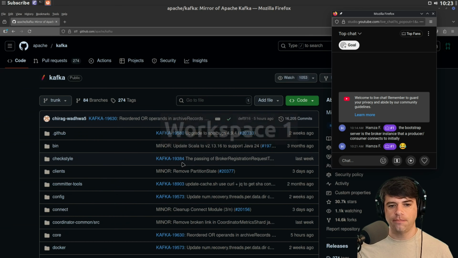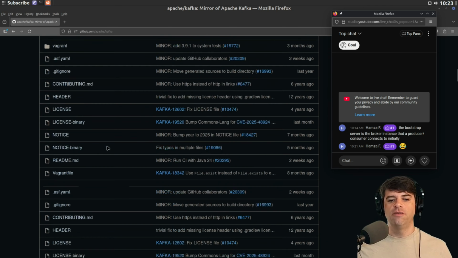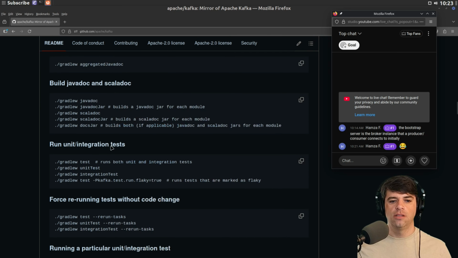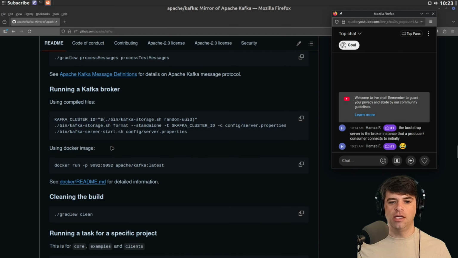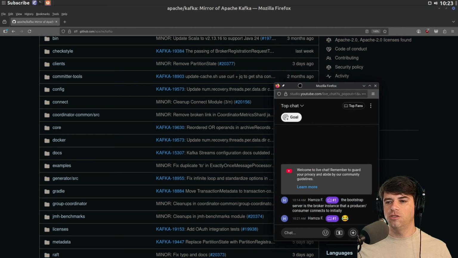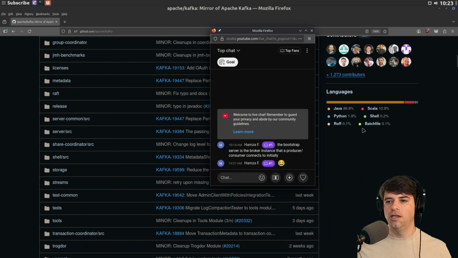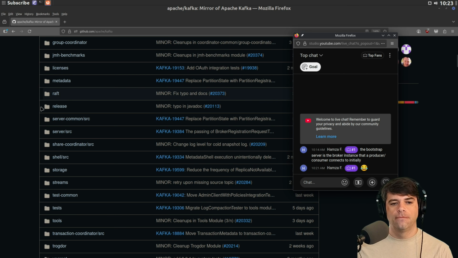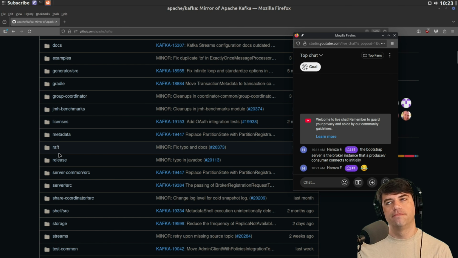All right, and while it's doing that, let's see if we can figure out what's going to be cool in Kafka. I guess I don't feel like I want to be here all day. I want to see if I can maybe get the highlights. This should be mostly Java, maybe mostly Scala. Java 86.8%, Scala 10.9%, some Python, maybe just for testing and stuff. Or like, what's the word? Scripting, but more portable than Bash, portable shell scripts.